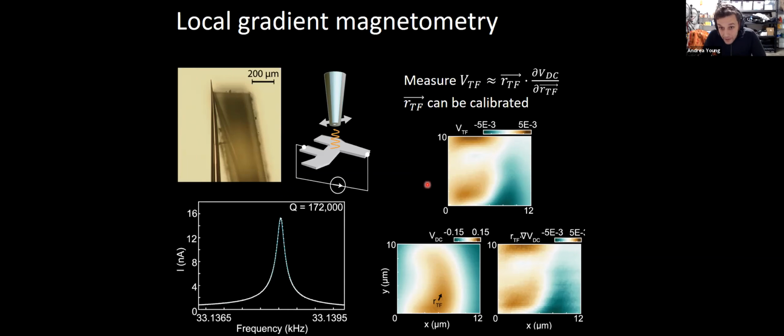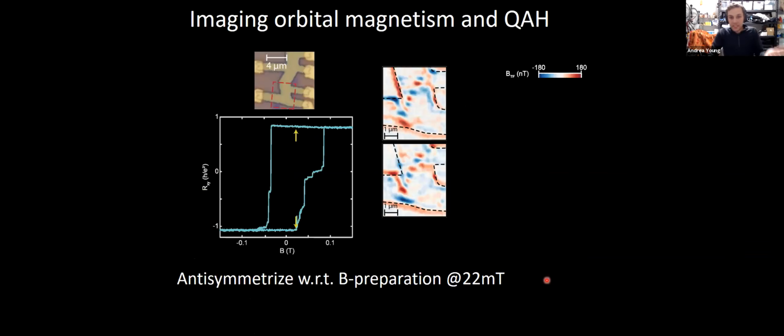This is all calibratable. So here's actually our calibration. This is actually a thermal signal. The details are not too important, but if your DC signal looks like this lower left, and your tuning fork signal looks like this, you can find exactly the angle and amplitude by comparing that to a numerical derivative of your DC signal. And so you can calibrate that. But the images I'll show you, for example, here, are measured in this mode where we're measuring the magnetic field at the frequency that the tuning fork oscillates, which generates an image that tells us the gradient along the direction of the tuning fork, which in this case runs sort of lower left to upper right.